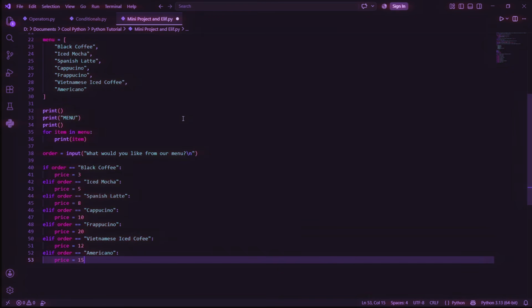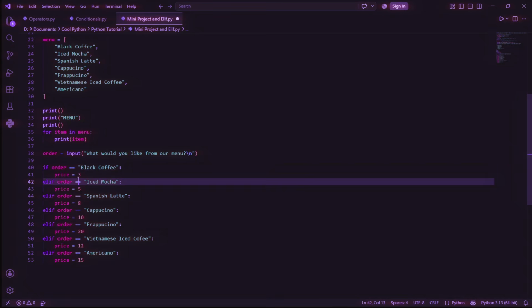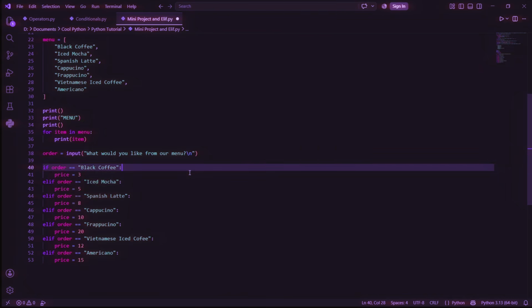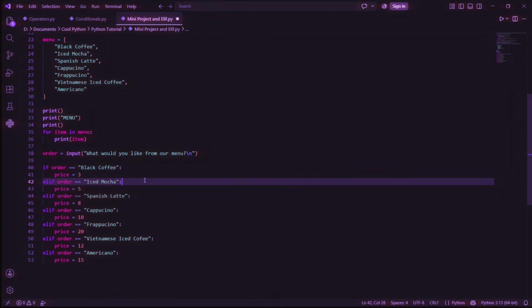Alright, now let's get to the question, what is an Elif? An Elif is a special conditional where it combines an if and an else. So that means it's like this. If you get a black coffee, you can't just do another if, that'd be too messy. So what if you tried doing Elif? Elif stands for else if. So that means it's like if